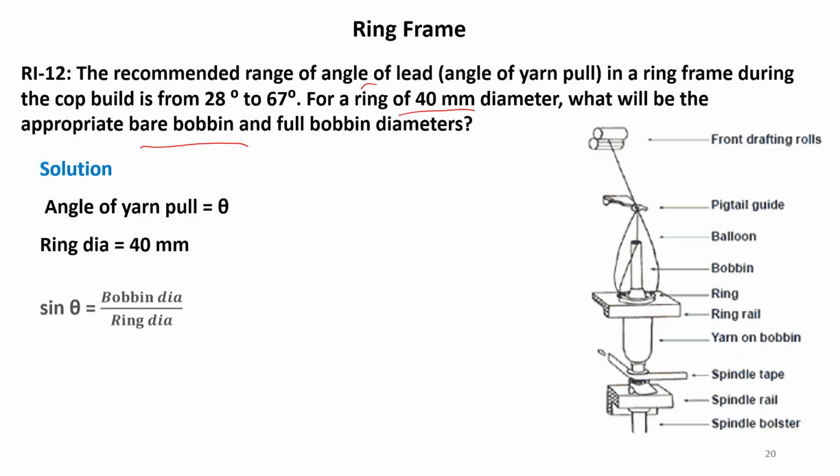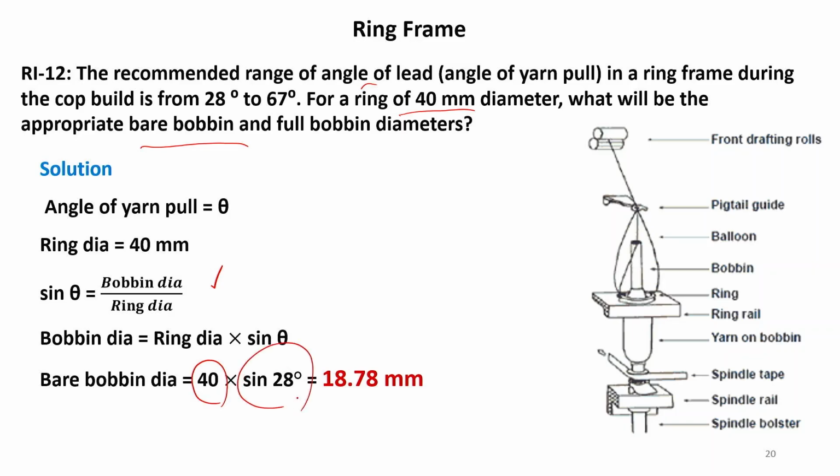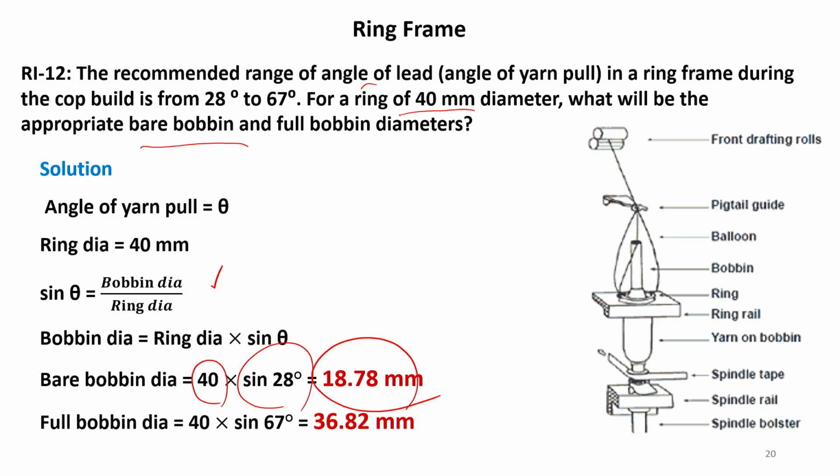Sin theta equals bobbin diameter by ring diameter. So, for 28 degree, the bare bobbin diameter, that is the empty bobbin diameter, will be 40 ring diameter multiplied by sin 28. So, it will be 18.78, and it can go up to the full bobbin where the angle of lead will be 67. So, it is